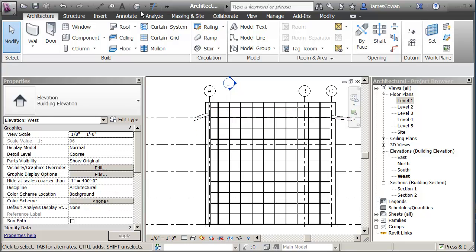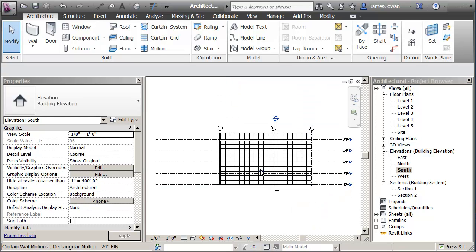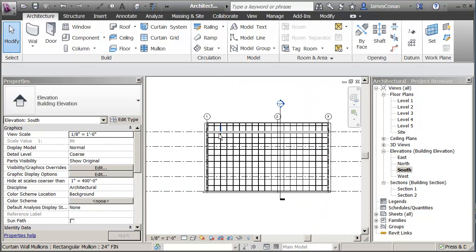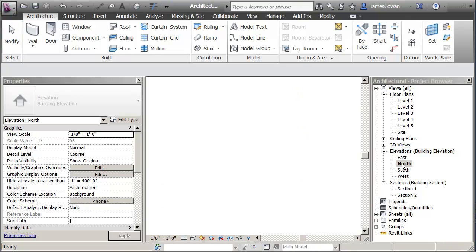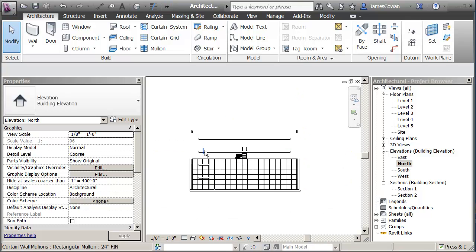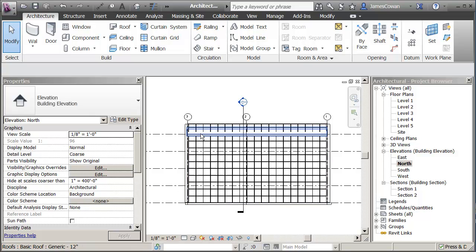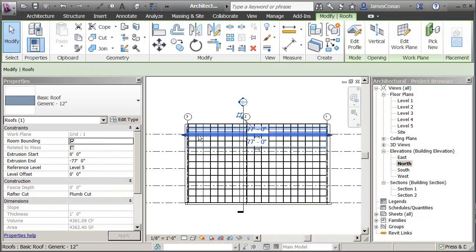So if I look at it in 3D, or let me look at it in another elevation, like the south elevation, I've got my, it's a little hard to see, let me try the north elevation, see if it's a bit clearer. Not much. There's my actual roof. If I look at the properties of the roof, it began at 0, meaning that it began on the face of the grid, and it extends